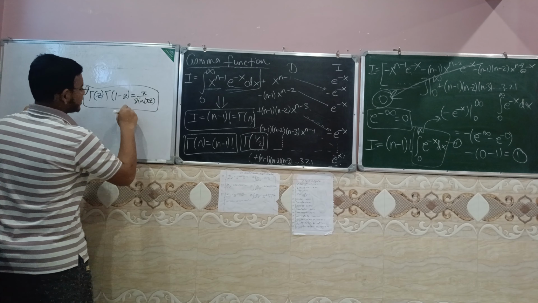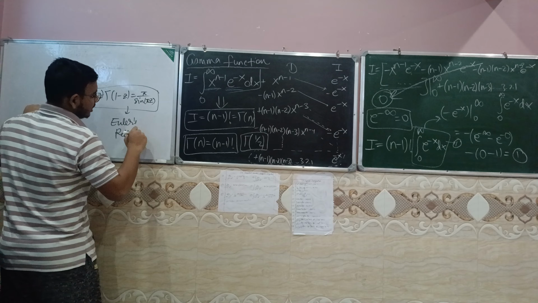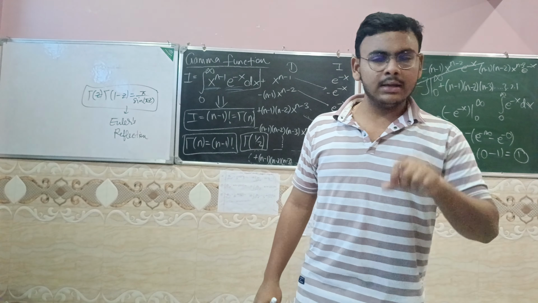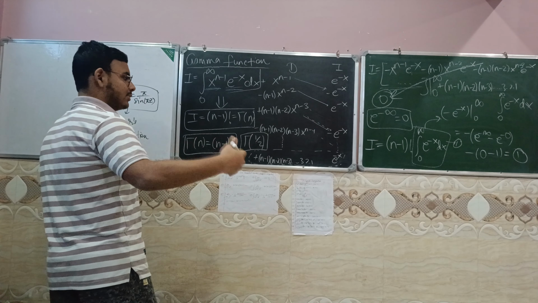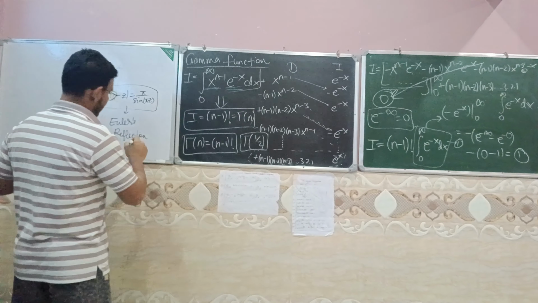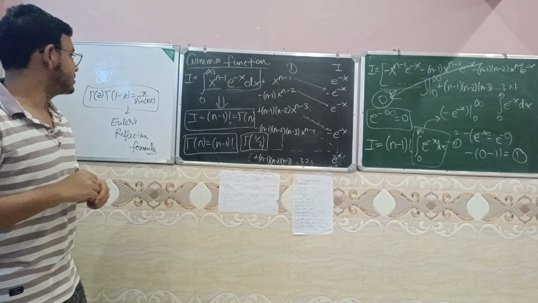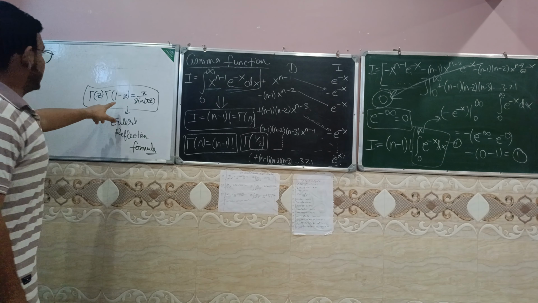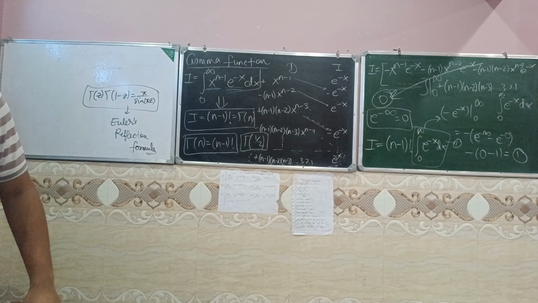So this is what Euler's reflection formula is all about. And maybe I have proved it in a video. Yeah, I did. Actually, I did prove that this equals the square root of pi in a video, but again I'll do it for you guys right now. This is very amazing, and please be careful that